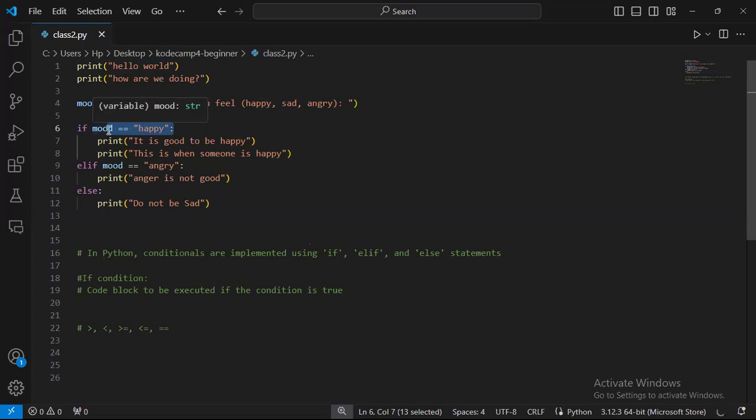By comparing the mood, if it's the same as happy, it tells you it is good to be happy. This is when someone is happy. But if it checks and you did not type happy, it will become false and move to the next condition, because the mood is